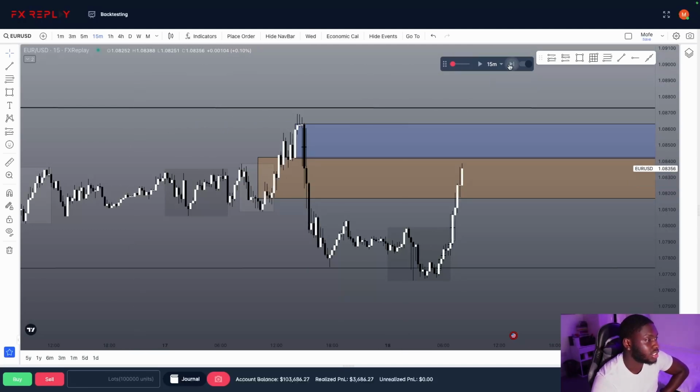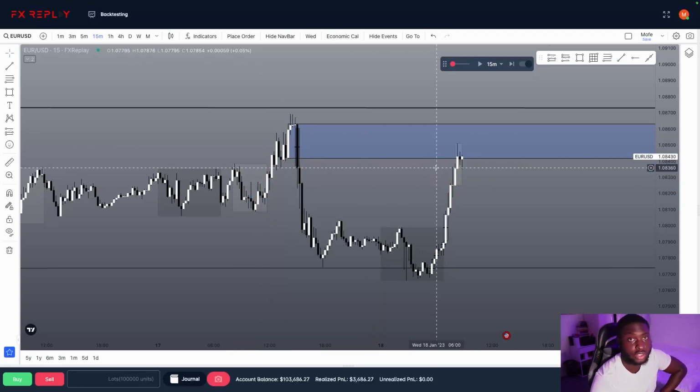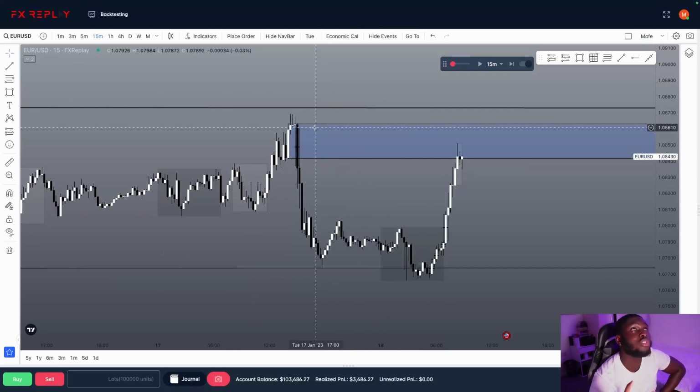Let's see what price does in this order block first. Okay, we've completely, not disrespected the H4, but we've pushed into the H1, so I'm just going to focus on that now more. And there's also a fair value gap. Yep.